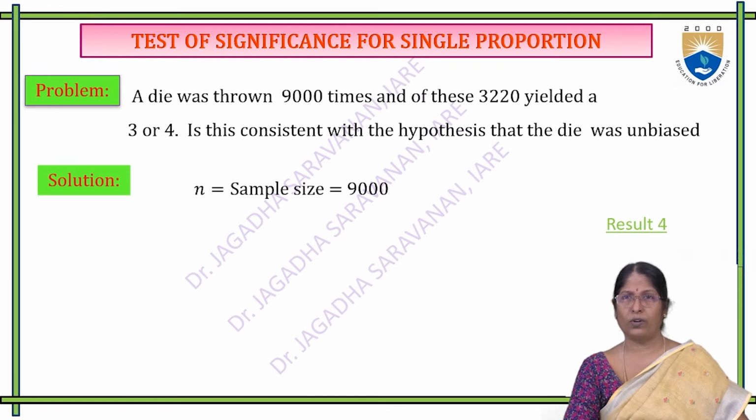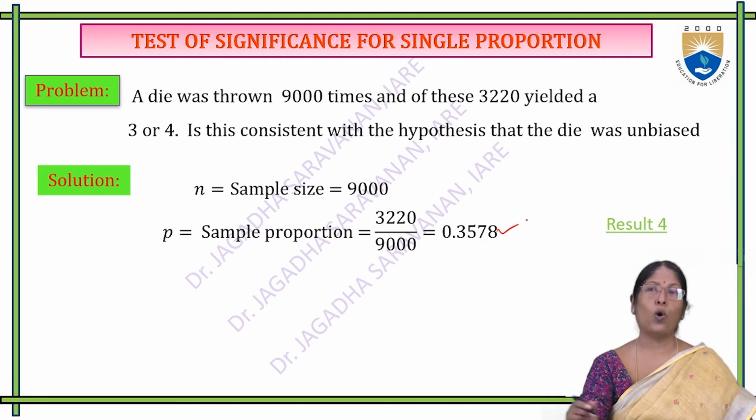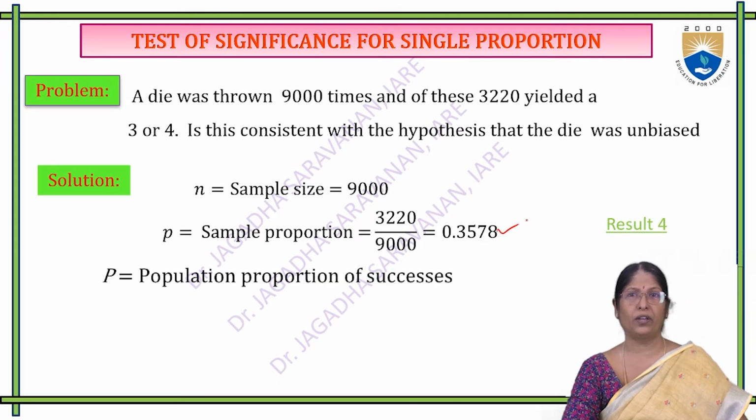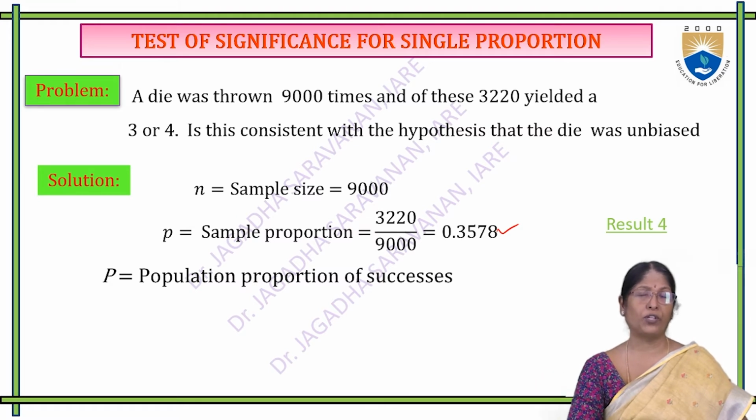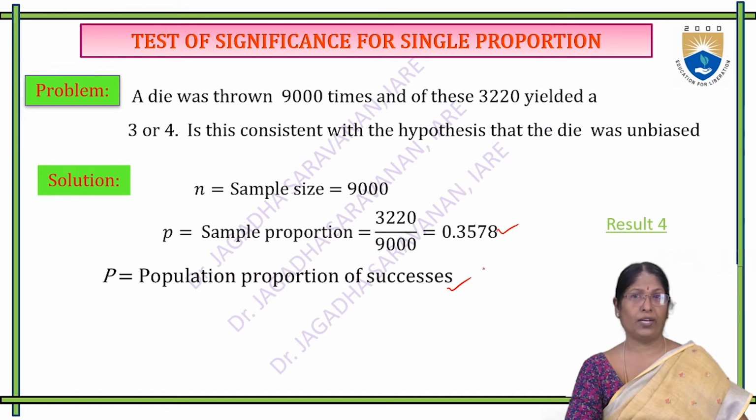So, reading the question, we are in a position to collect the data: n, the sample size, equals 9,000. The sample proportion, small p, equals 3,220 divided by 9,000, that is 0.3578. The population proportion is the probability of getting 3 or 4 as success, because the die